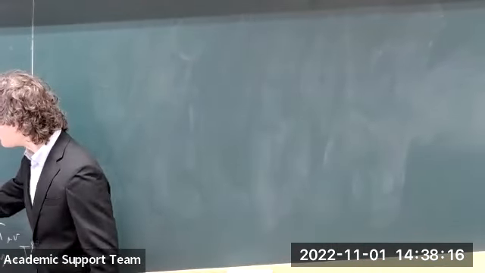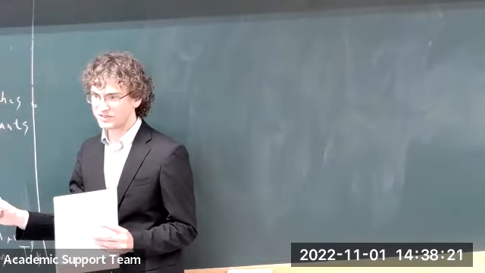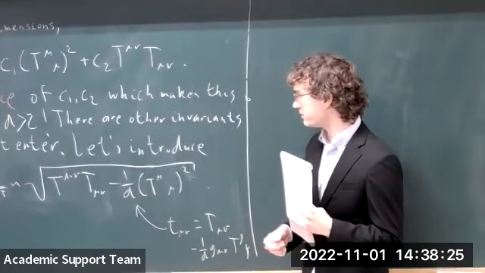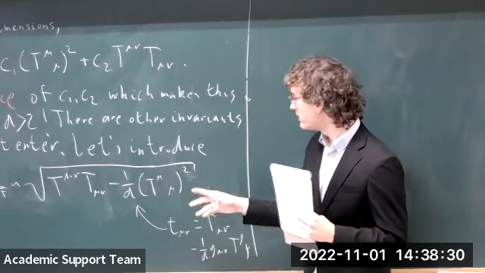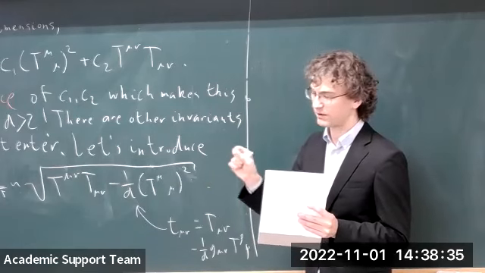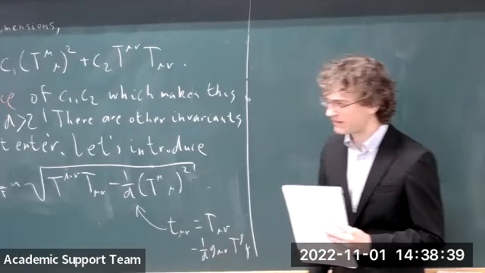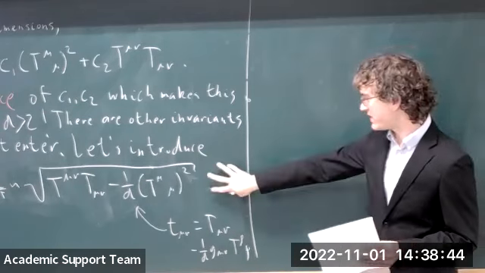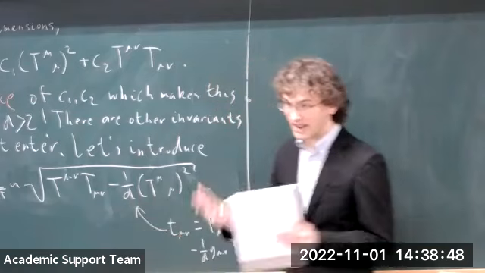So almost by definition, there's a ring of scalars that can be constructed from a d by d matrix, which is traces of powers. And because it's a basis for the ring of scalars, any other scalar constructed from T can always be expressed in terms of those things with various coefficients. So that's true. This can always be written as some function of all of the traces of T^i for i equals 1 up to d. However, the expression for this particular combination in terms of all of those traces will be dimension dependent. So I prefer to present it in this way because this is the same operator up to this factor of d in any number of dimensions.